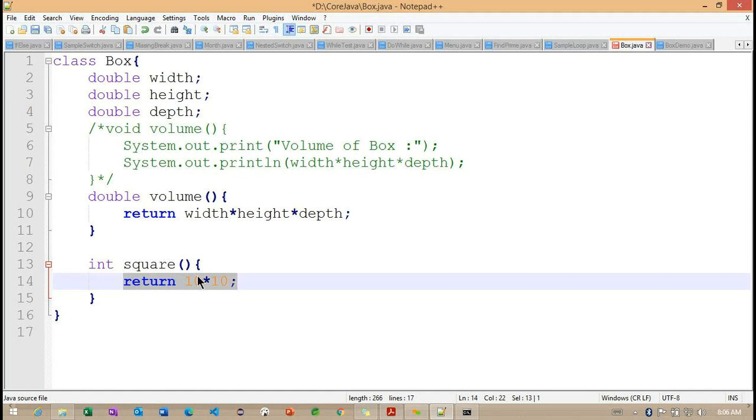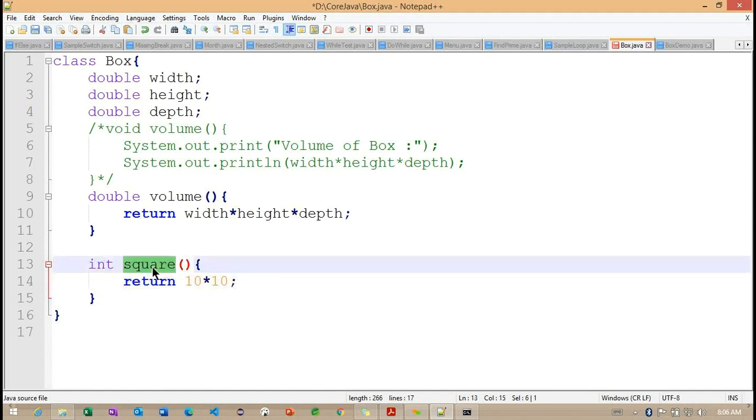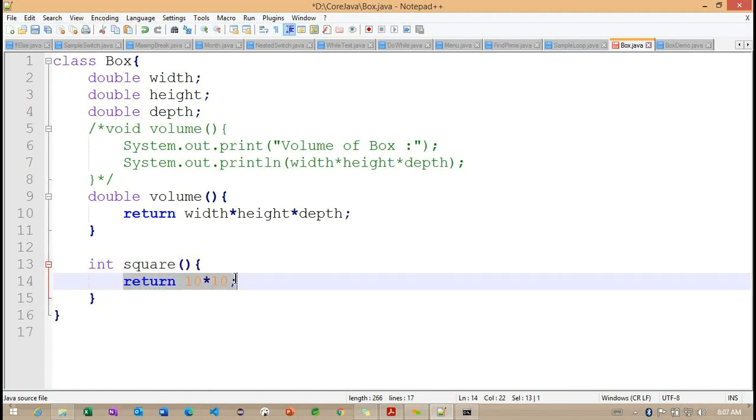Carefully observe: if we have this square method, every time the value returned is the same. I don't want to return the same value. Based on our input, I want to get an output.